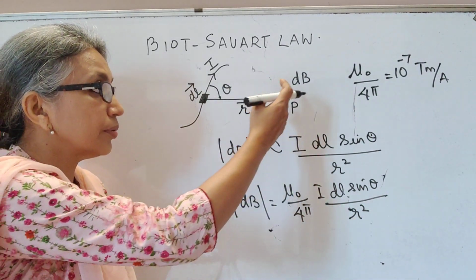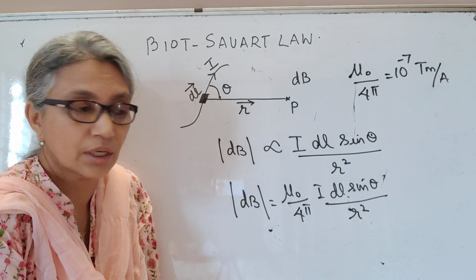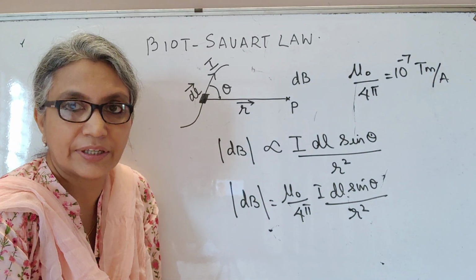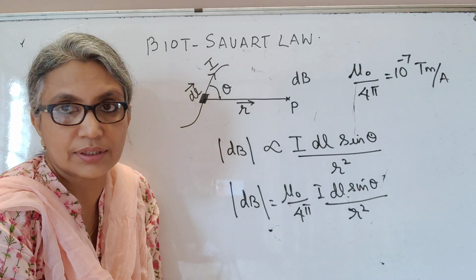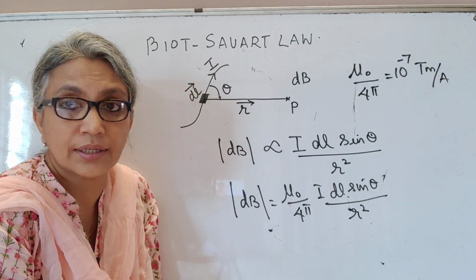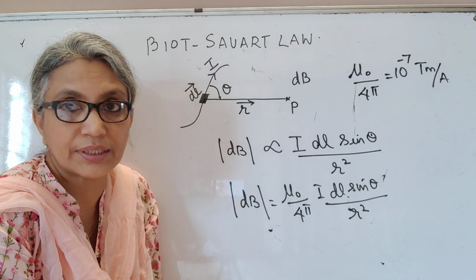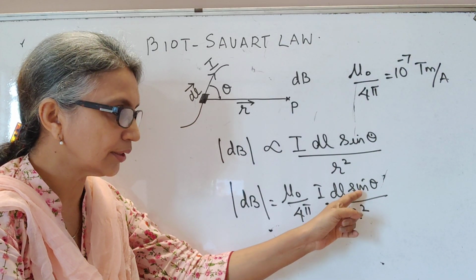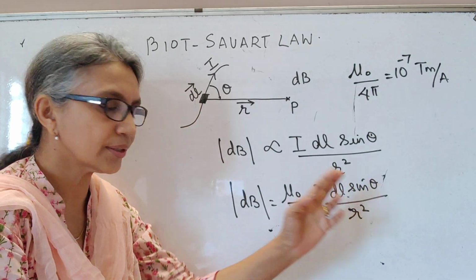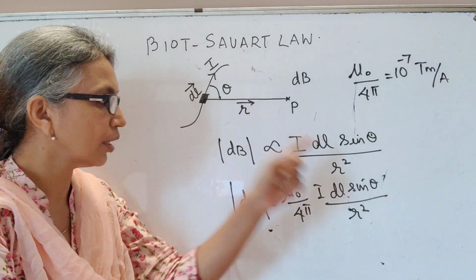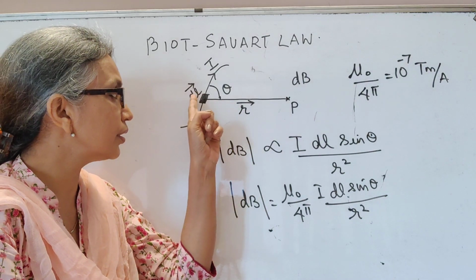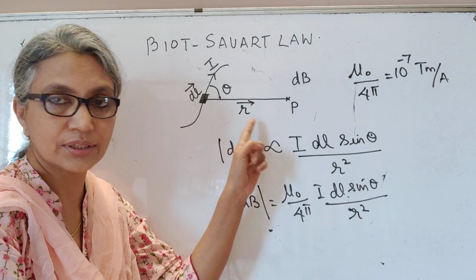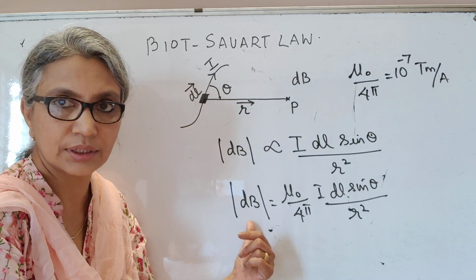Now magnetic field is a vector quantity, so you can actually write this as a vector quantity. Sine theta, I hope you know dot products. A dot B is AB cos theta and A cross B is AB sine theta. So when you see the sine theta here, you must know that it is a cross product of two vectors. So theta is the angle between the two vectors dl and r. So obviously it is a cross product, dl cross r, that gives you this vector quantity dB.